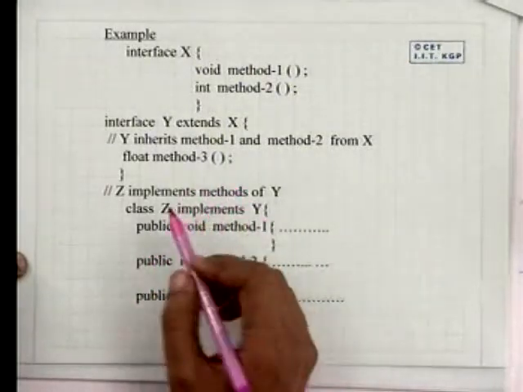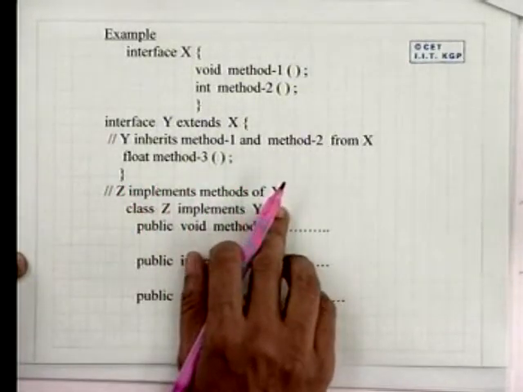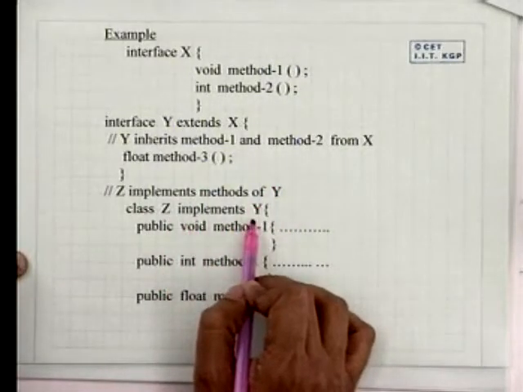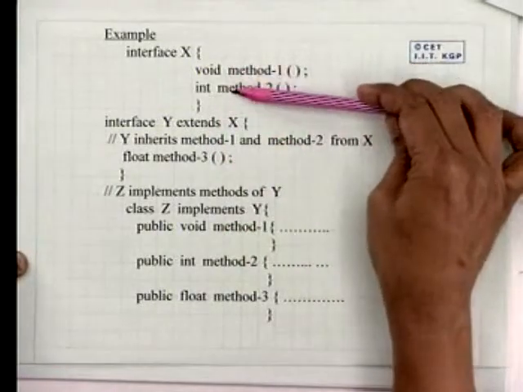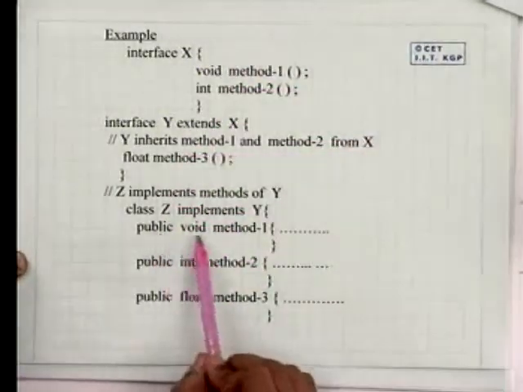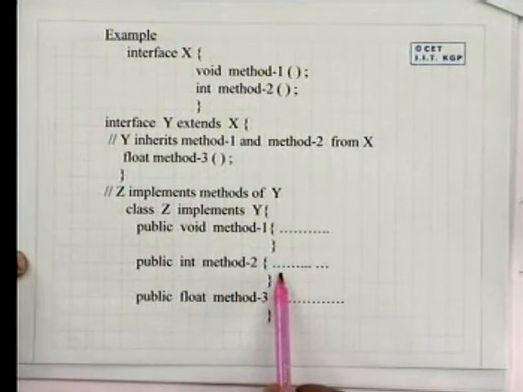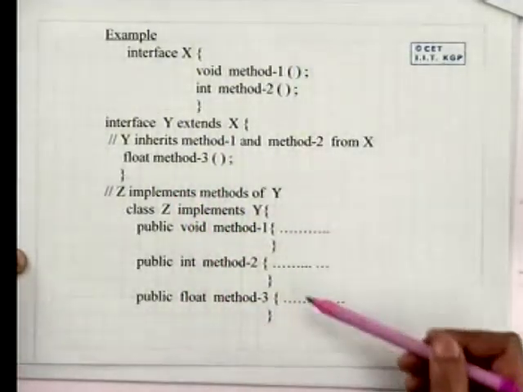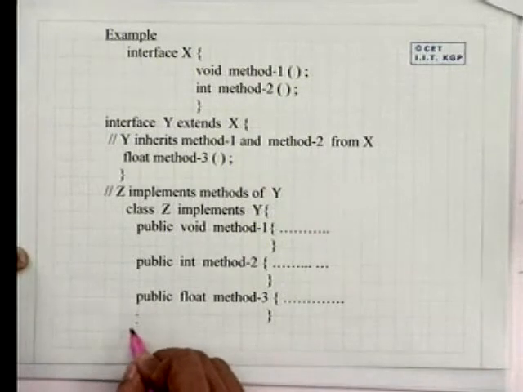Now, if I use class Z to implement the methods of Y, we can do it this way: class Z implements Y. In that case, it must provide implementation of this method as well as this method. So, public void method 1, this is the code. Similarly, public int method 2 and public float method 3. So class Z must include implementation of all this code.